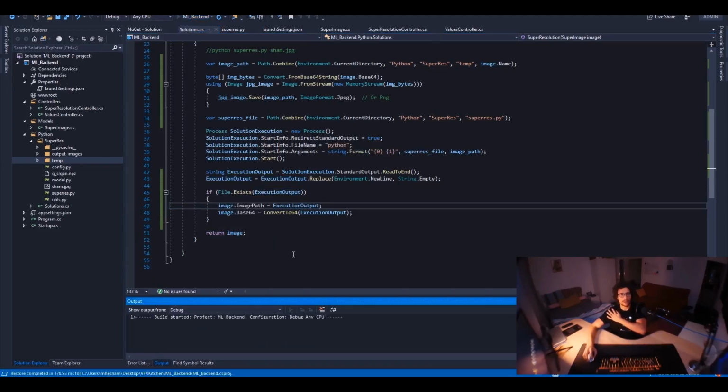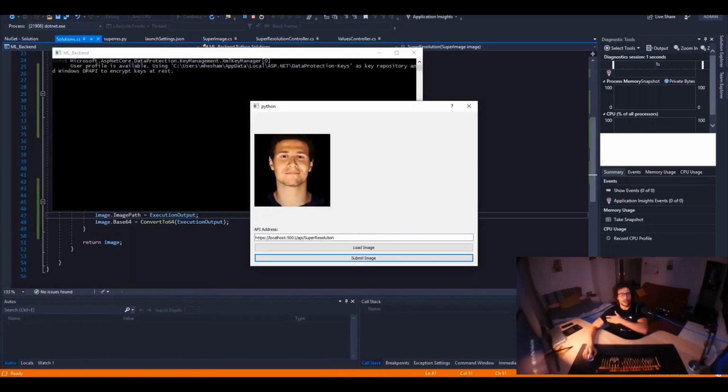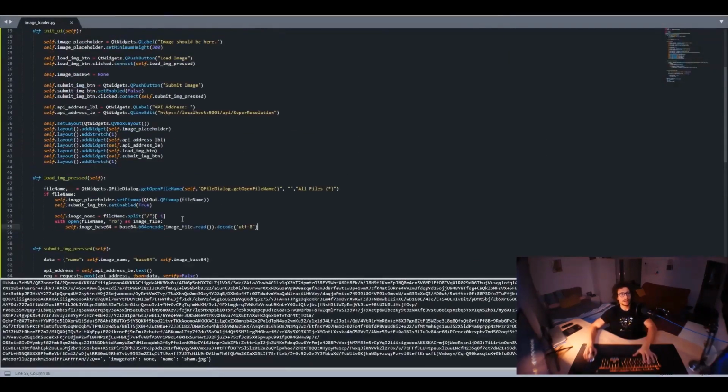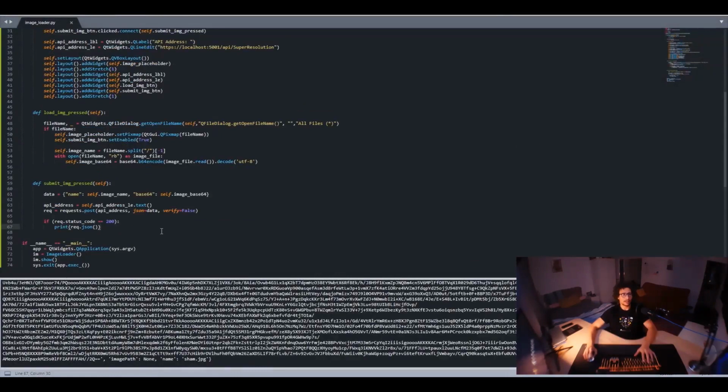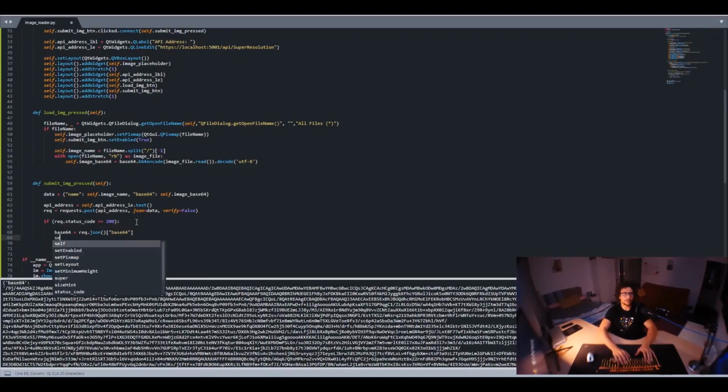So let's run the back end again. But here we will change something again in the front end. So when we get the response, as you can see, we get a response here, base64. So base64 equals JSON base64. Alright, and then we have to do self.image